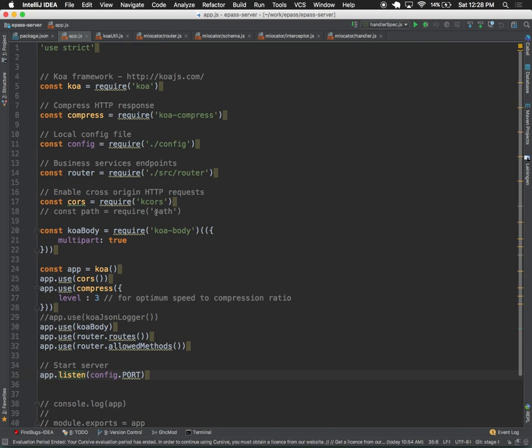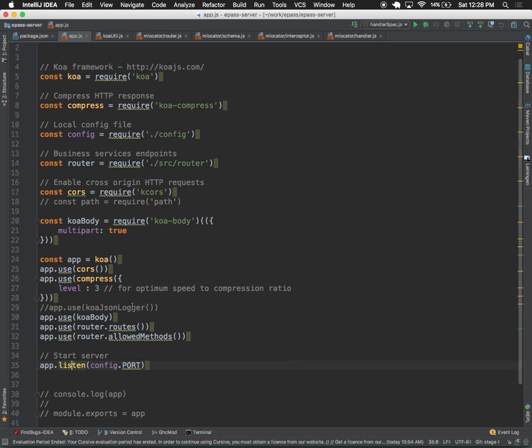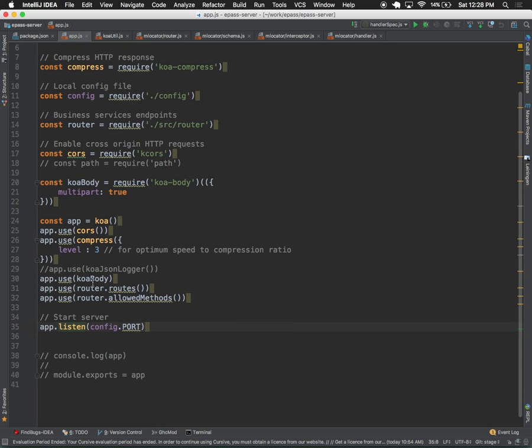So this is how you compose them together. You have Koa, koa-compress, and you basically register those different configs and start at a given port.